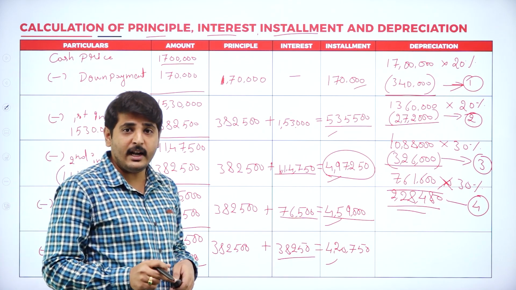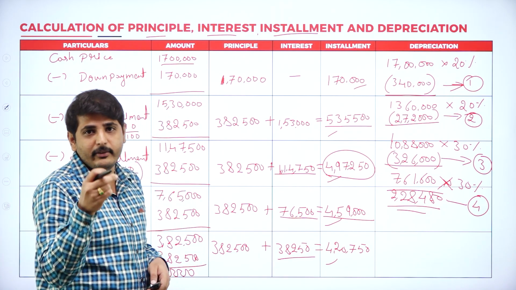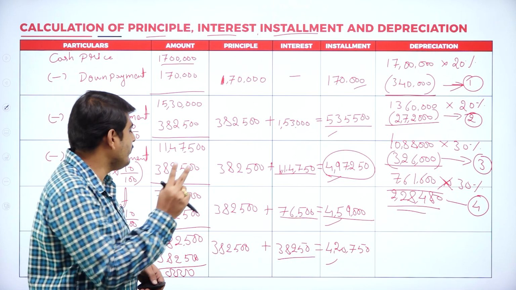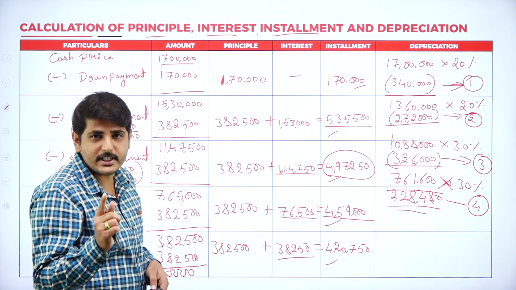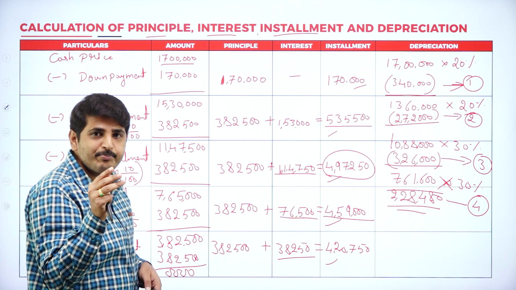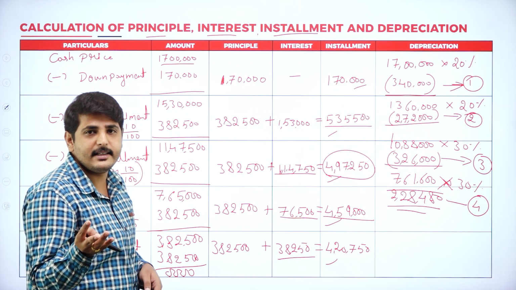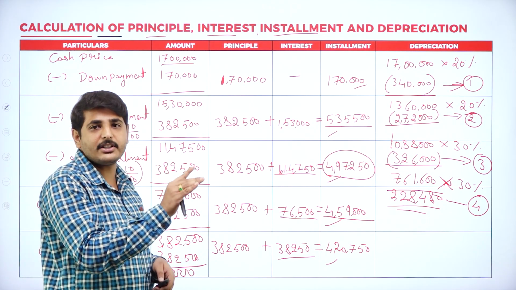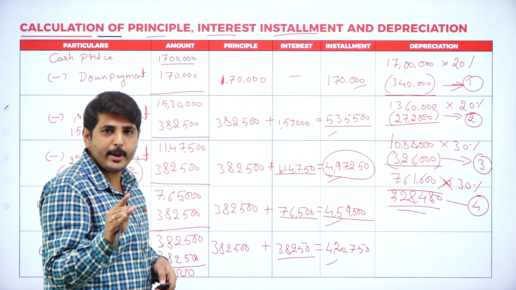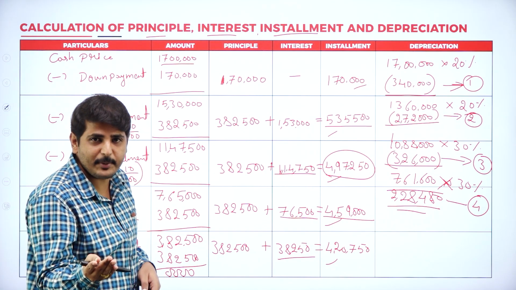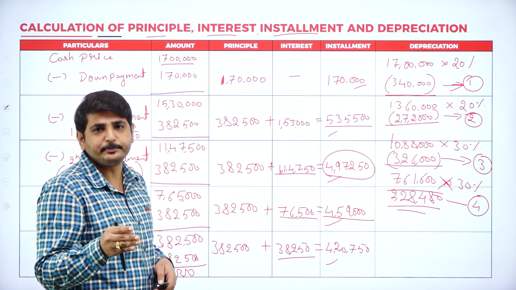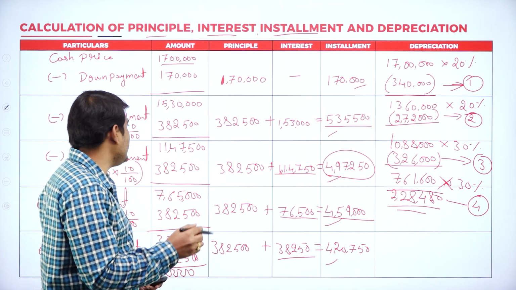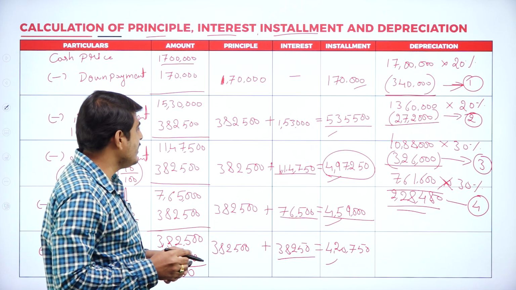And where does interest appear in the journal entry? It will appear only when we transfer the interest to the profit and loss account. Only 2 times it will appear. First, when we calculate the interest: the first entry is purchase of asset, the second is down payment, the third is calculation of interest. After that, we show the entry for payment of installment. Next one, calculation of depreciation. And the last one, the sixth entry, is the transfer of depreciation and interest to the profit and loss account. So the first entry is interest account to hire seller account.